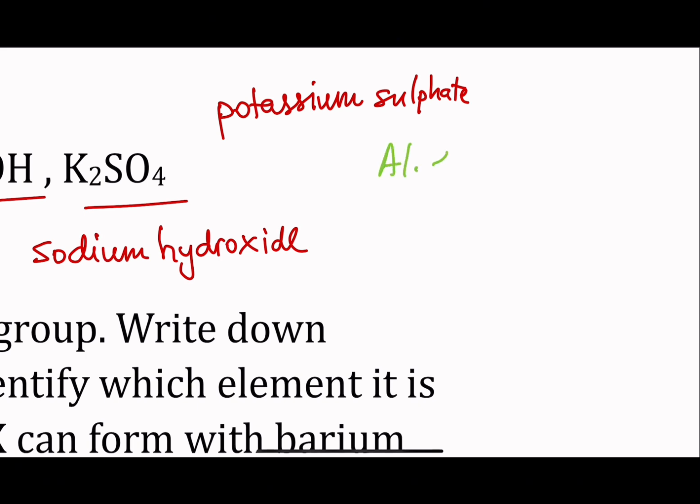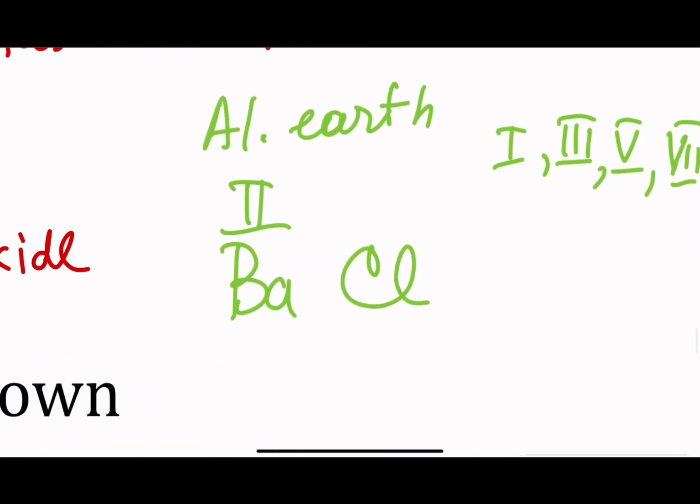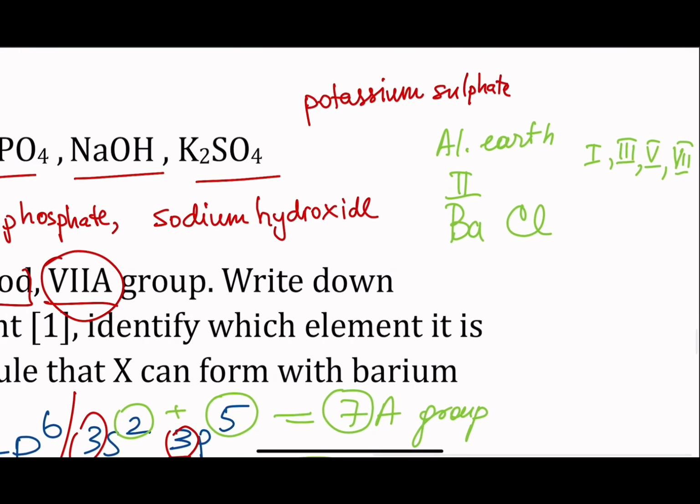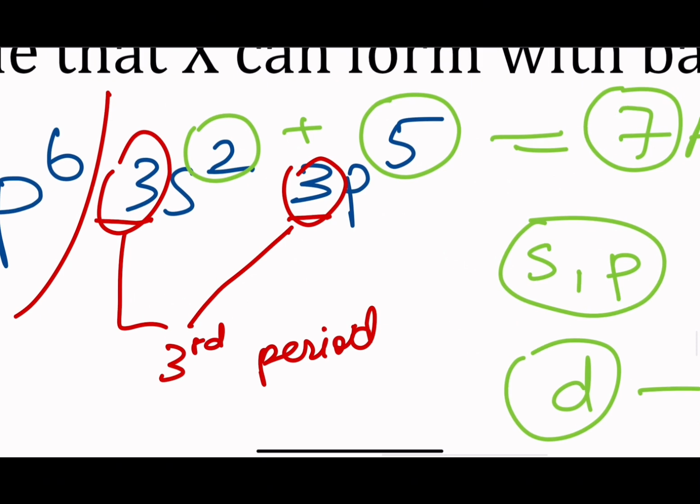So second group elements will have the valency of 2, and chlorine has valencies of 1, 3, 5, and 7. It has different valencies, but when you make a bond with barium, to complete the octet,